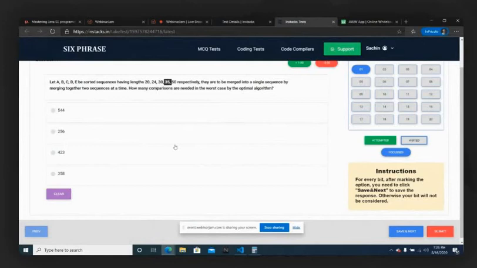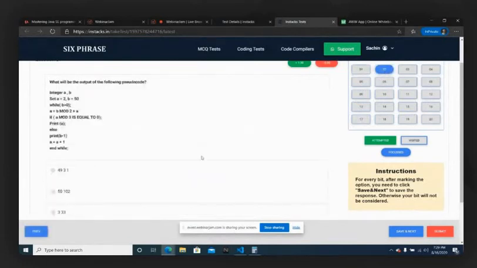The answer is going to be 376 for sure, because you can even search on the internet and cross verify yourself that the efficient merging algorithm takes m plus n minus 1 comparisons in the worst case. So when you take that logic, it should be 376, which is not among the options. The closest answer is 358, but the exact answer that we are obtaining is 376. I'll tell the team to rectify this. We'll move to the next question.